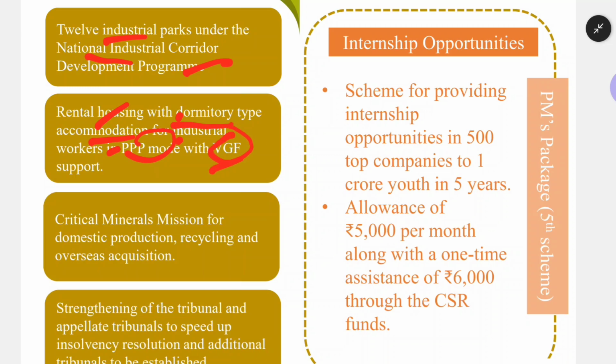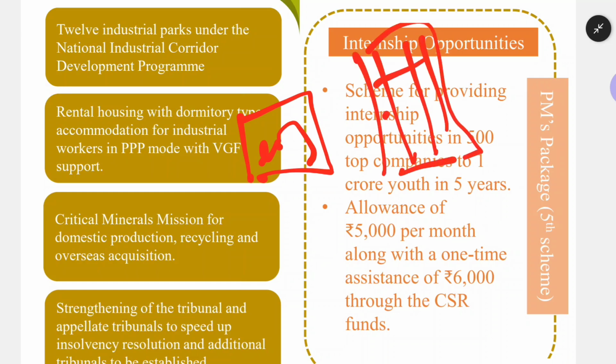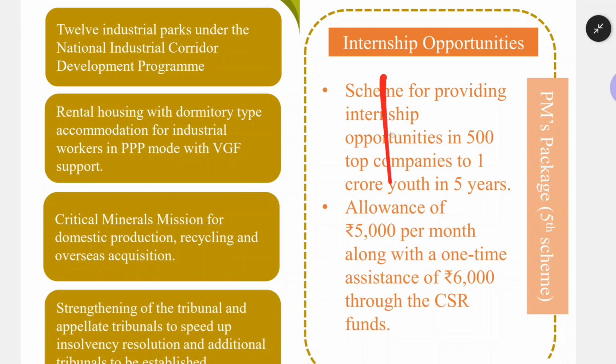Consider the company location or company site where the workers are working. Beside that, there should be a dormitory constructed. A dormitory is nothing but a many-storied building where the workers will be accommodated. They will build it very near to the site, so that it is easy to go and easy to live. Now these dormitories will be built under the PPP mode.